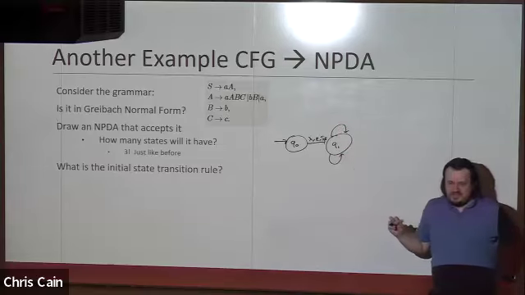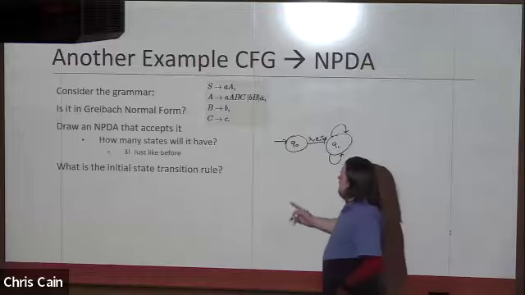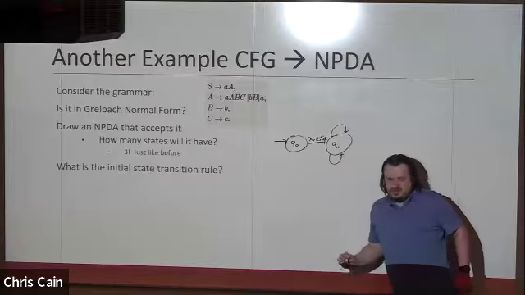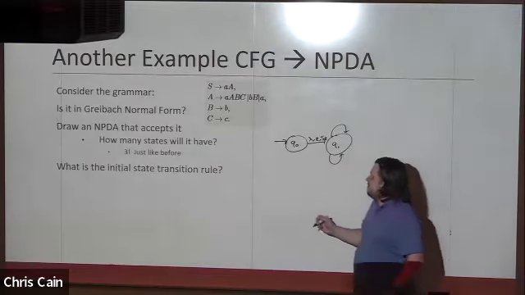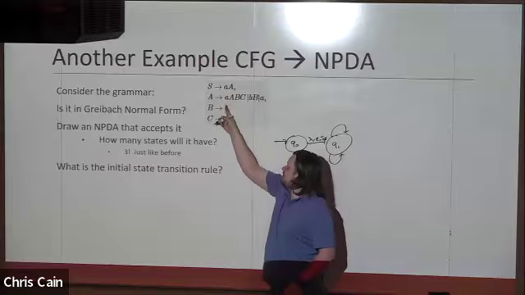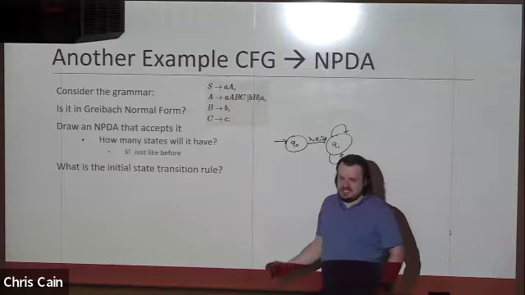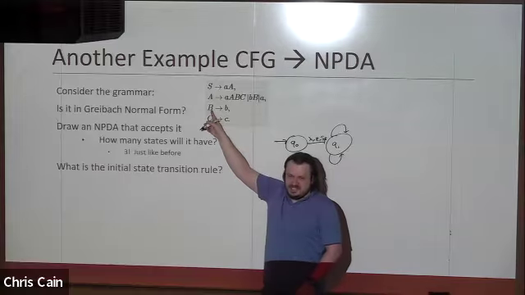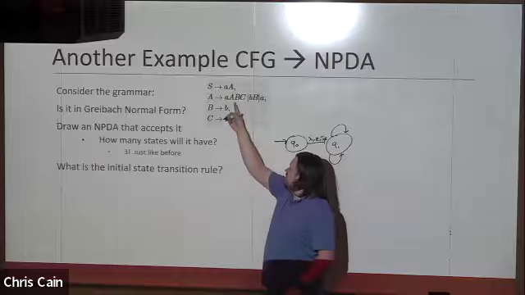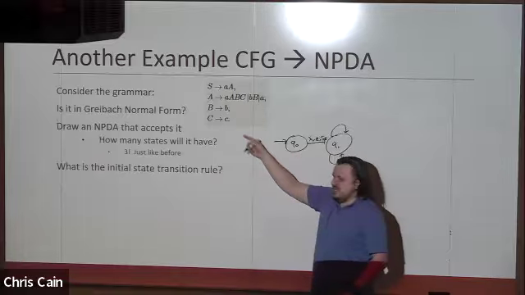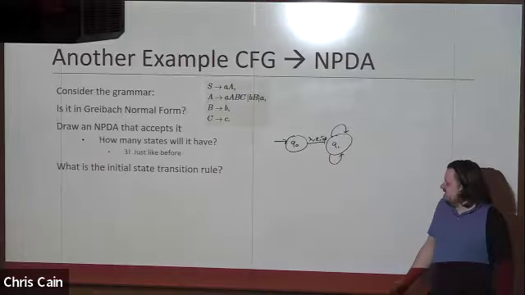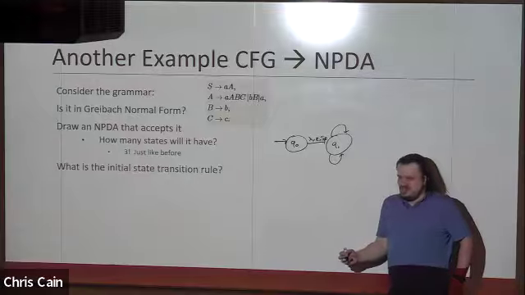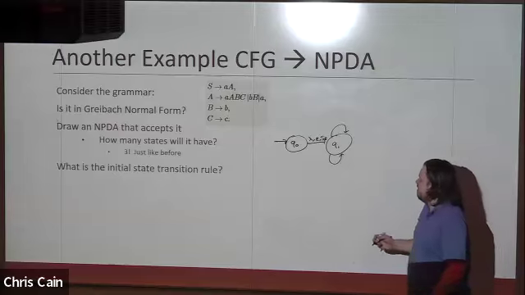We need to make one of these transitions for each one of these productions. And the general form of that was we're going to read from the input the terminal symbol because this is in Greibach normal form. We're going to pop the non-terminal that is the left-hand side and push all non-terminals that are the right-hand side after that terminal on the right-hand side of a production. So we need now 6 transitions to represent all 6 productions of this grammar.